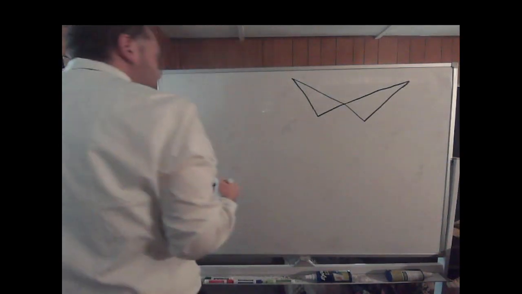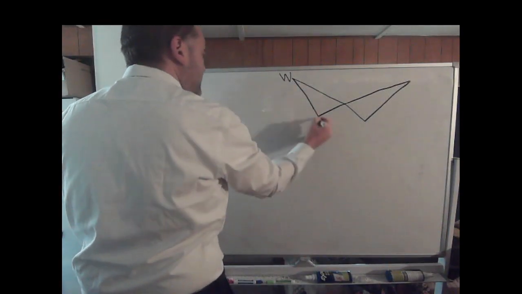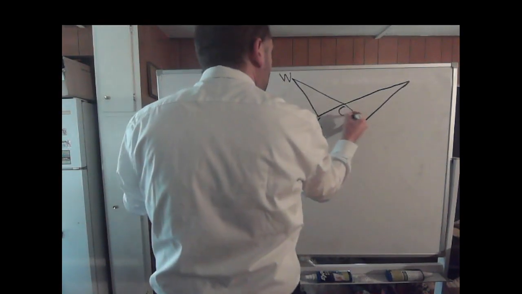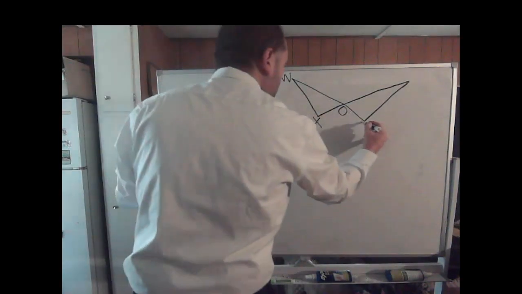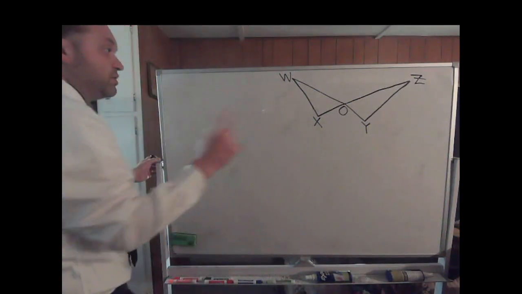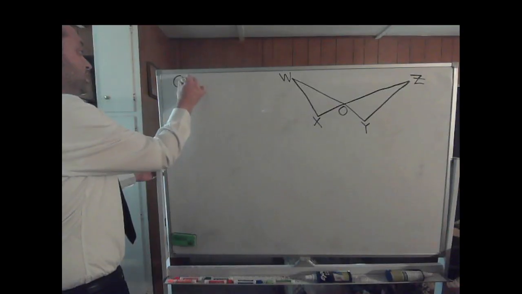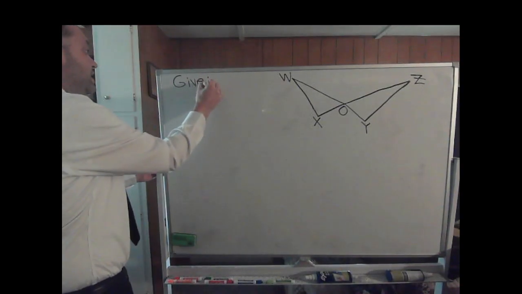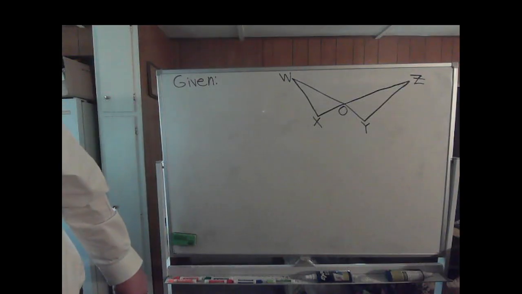There we go. We got 2 triangles. Points W, X, O. And then over here is going to be Y and Z. Okay, so we got our 2 triangles side by side connected. In this particular exercise, what we've been given here is that